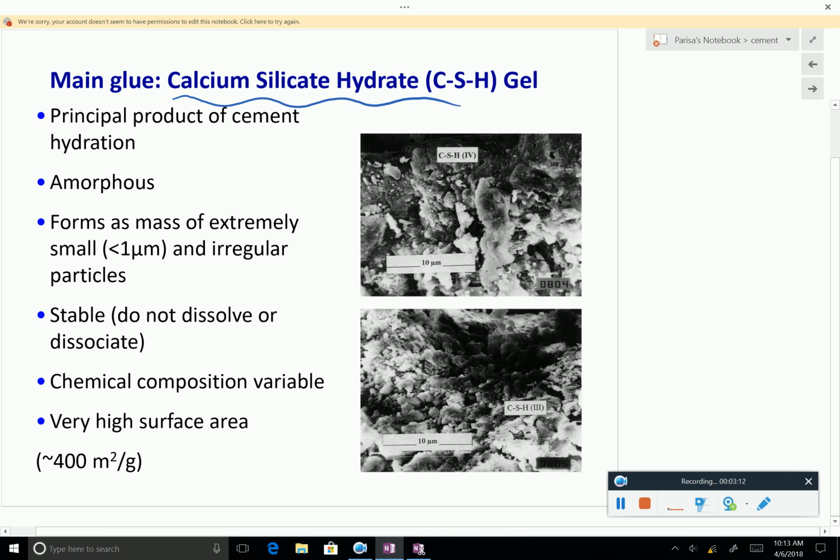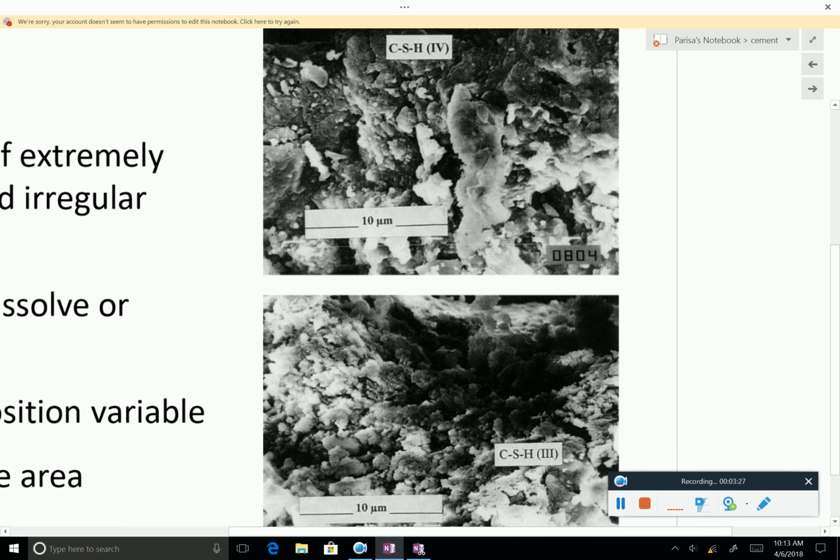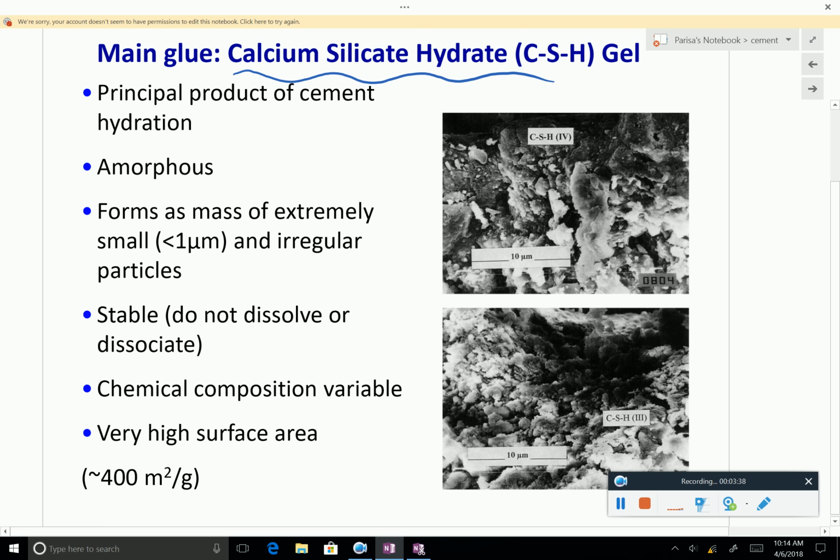the main product of cement hydration is calcium silicate hydrate. Sometimes it's called C-S-H gel, and you should look at the microscopic views of this material. You see that it is not crystalline, it's amorphous. It's kind of crazy looking, as you can see. This is what carries the strength because it's stable, it doesn't dissolve in water. What else? The surface area is very high, 400 square meters per gram. That's really, really high. So you have a lot of